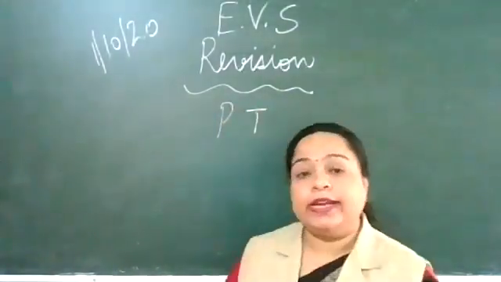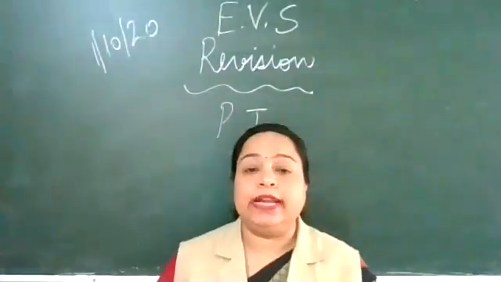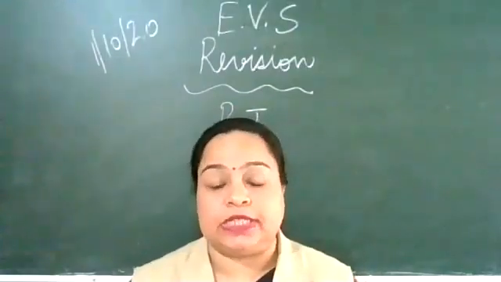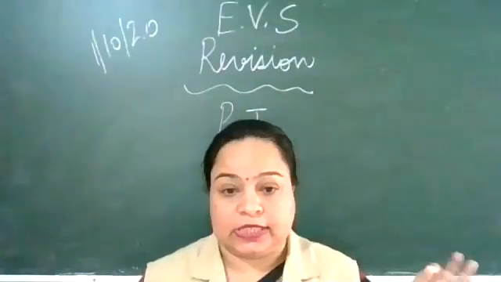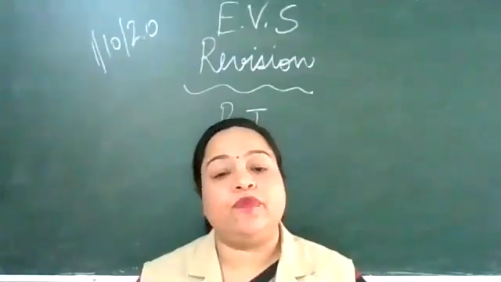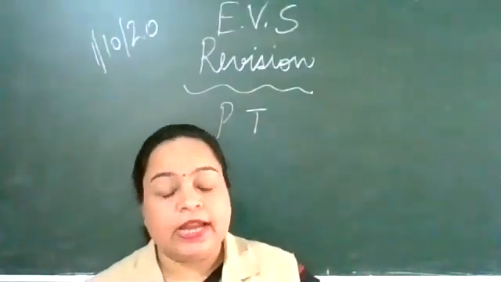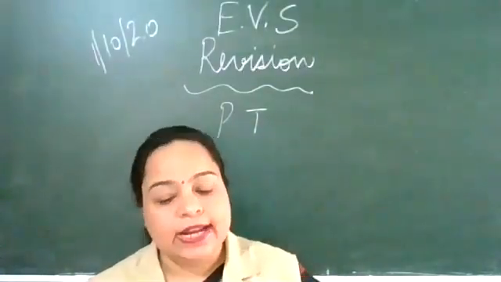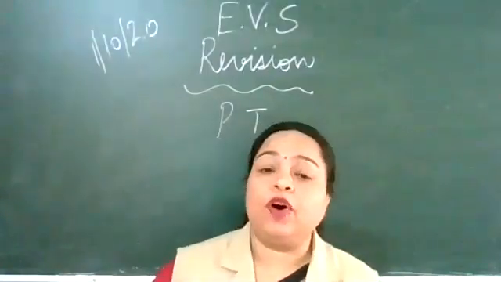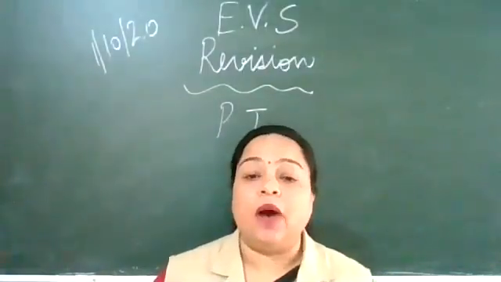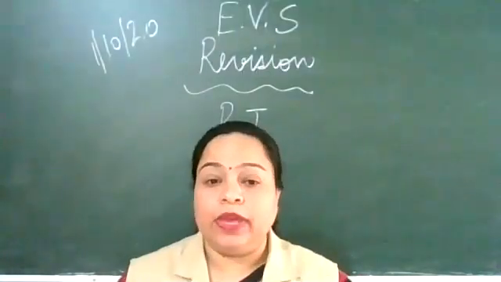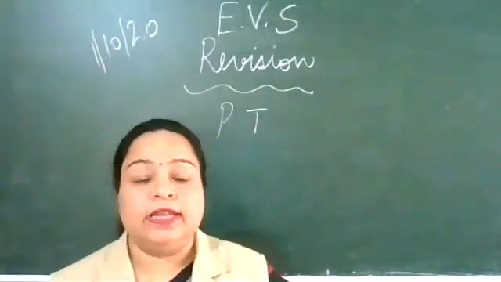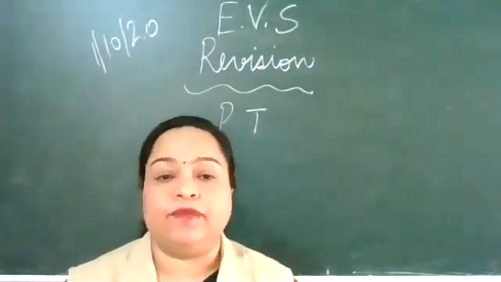The periodic test. In the periodic test project, you take an A4 size sheet. Please don't take a big sheet. It's just a normal A4 size sheet, and in that sheet you have to show what an individual can do for the conservation of environment. How can you conserve the environment? What type of things can you do to conserve the environment? Certain examples we have already given to you.